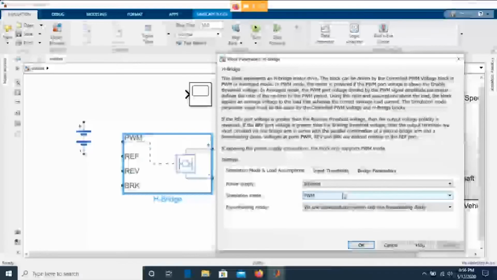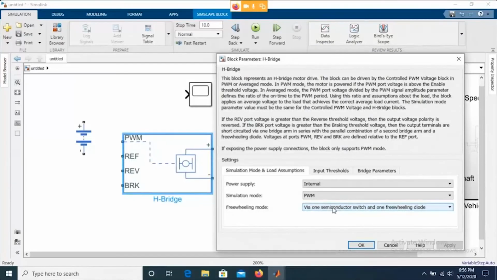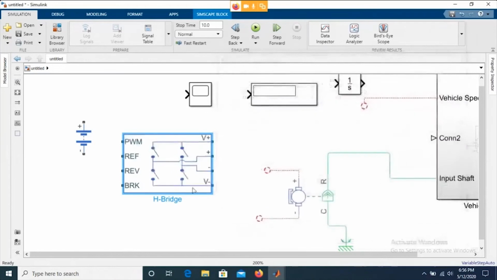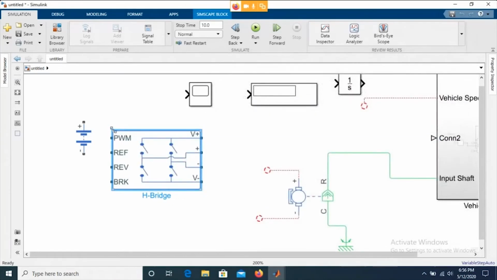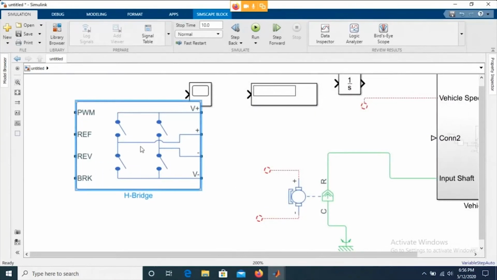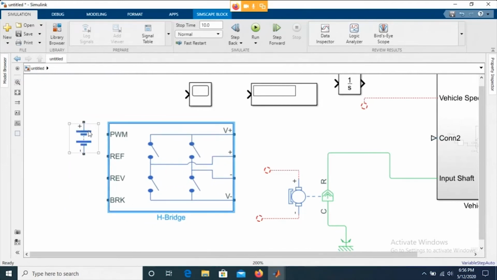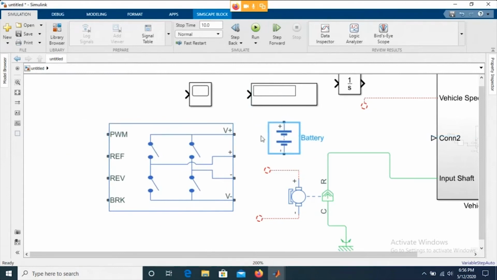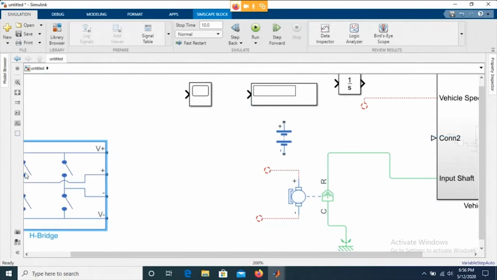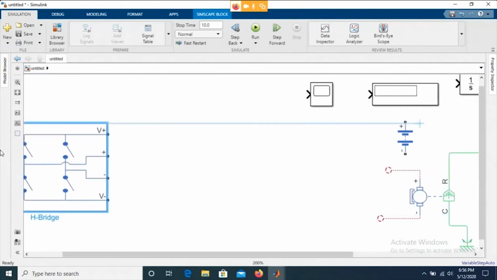So let me show you that circuit configuration. If I show you that configuration, it is exactly like this, right? So here is where your positive voltage is, where you will be giving the supply from the battery, right? Let me keep this aside and explain it so that you do not get mixed up with the other models.